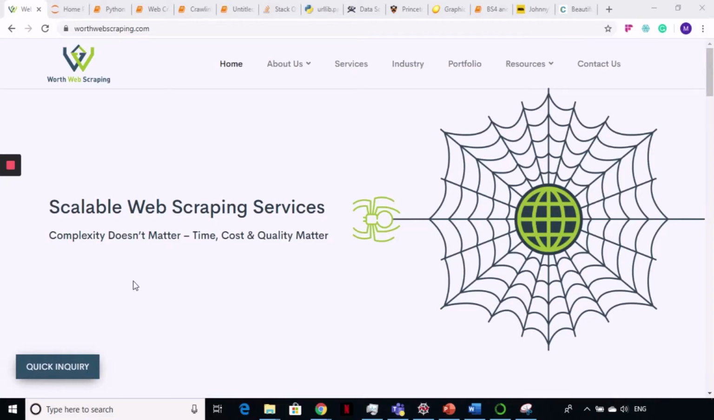Welcome to World Web Scraping. This is our next tutorial in our series of web scraping using Python. Today we will talk about how to create a web crawler that can crawl all over the internet. So this crawler goes from one site to another site to follow the links that are provided inside those sites. All the internal links and all the external links,